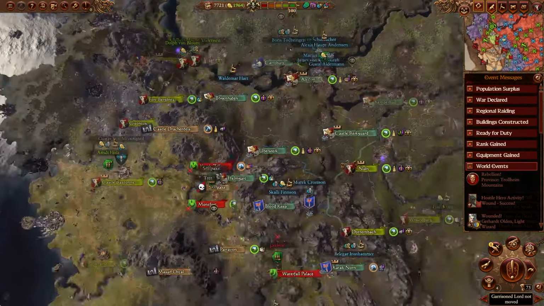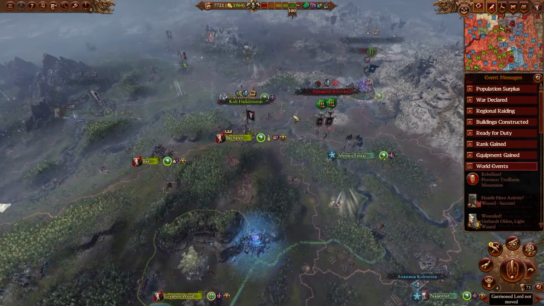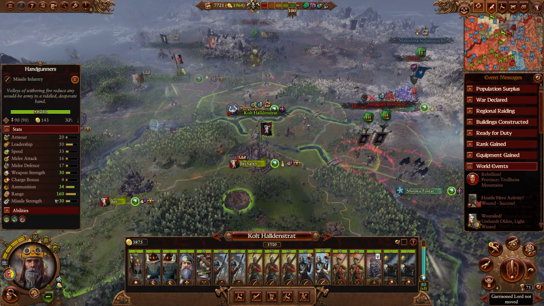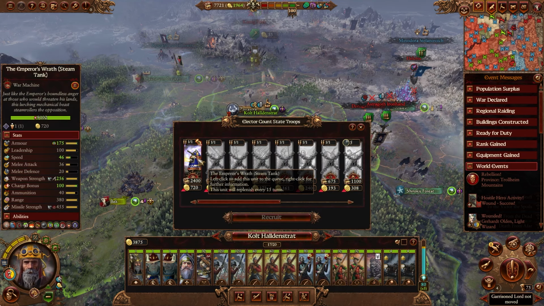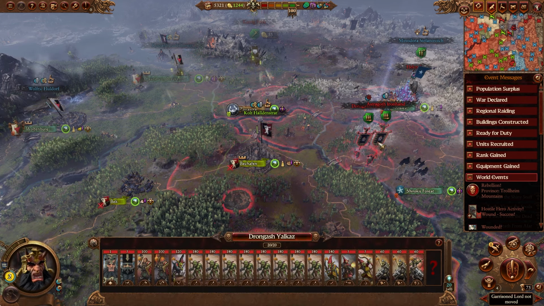We've got a fair bit. I'd like to first grab the steam tank up here in Colt's army. My inventions serve the Empire. Exactly. Go ahead and grab him a lovely new steam tank